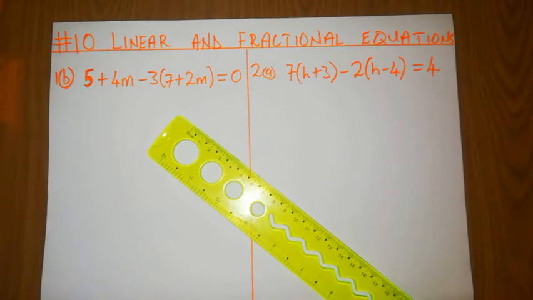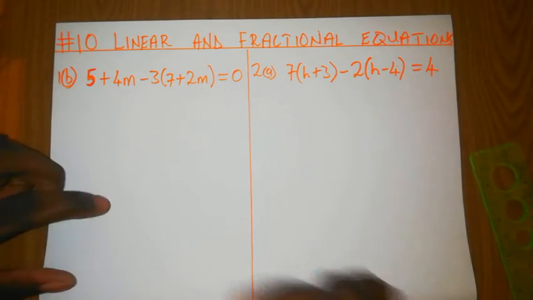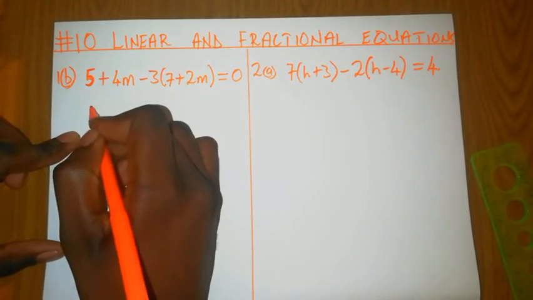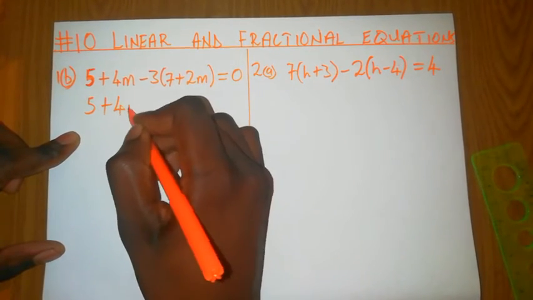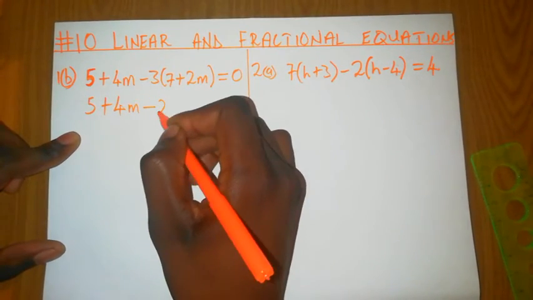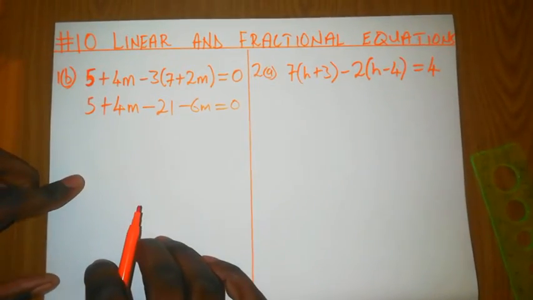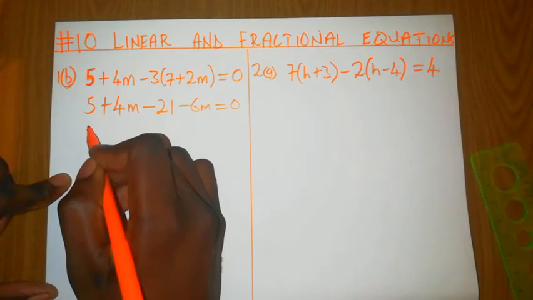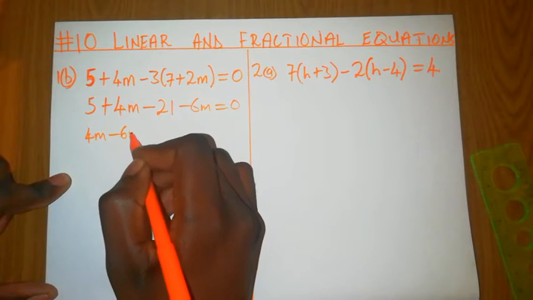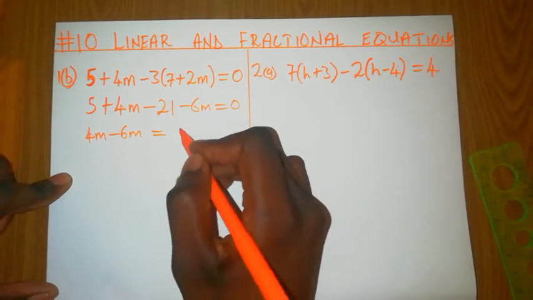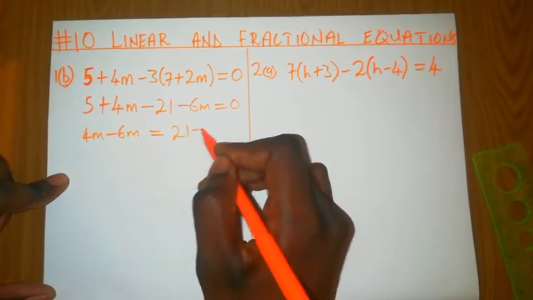So the first procedure is to clear the brackets. So if we are clearing the brackets, other terms are going to remain as they are. So we are going to have 5 plus 4m minus 21 minus 6m equals 0. Now I have to collect my like terms here. Then it's now 4m minus 6m is equal to this 21 will go that side, 21, this 5 will change sign, minus 5,